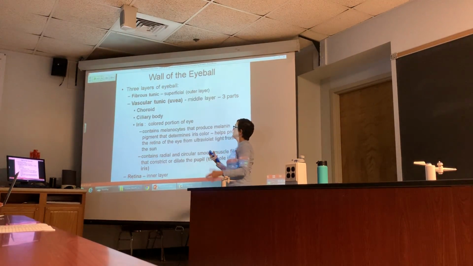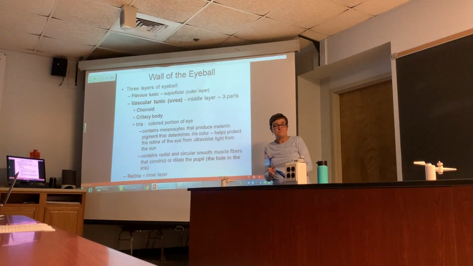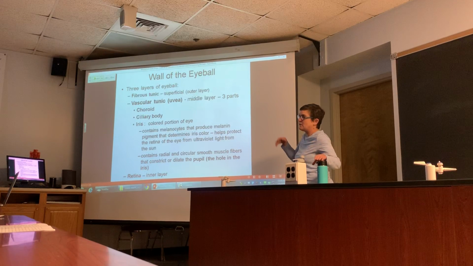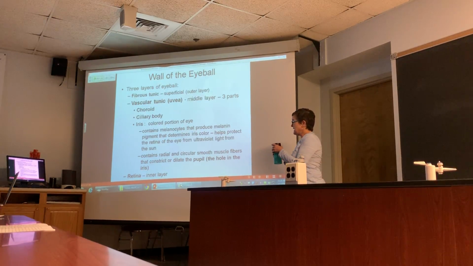There's not a green pigment, it's just the combination of the melanin, which is kind of golden color, with the blue background gives it a green appearance. So all the color combinations that we have in our eyes depends on which genes you inherit. There's more than one gene involved in melanin production, so that's why we have such a wide variety of eye color. The purpose of that melanin is to